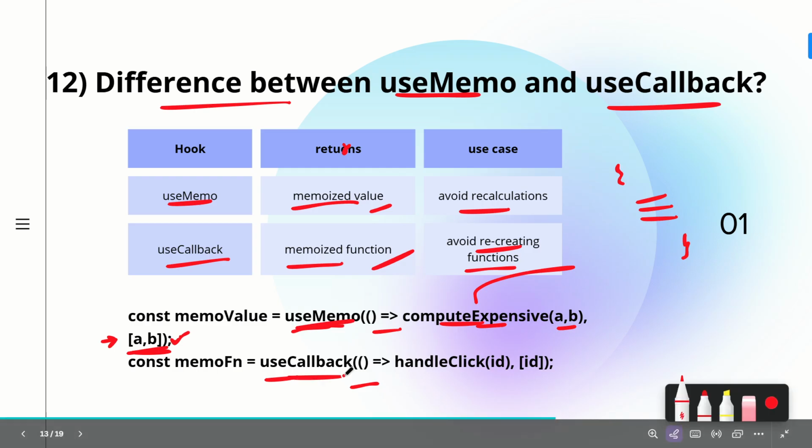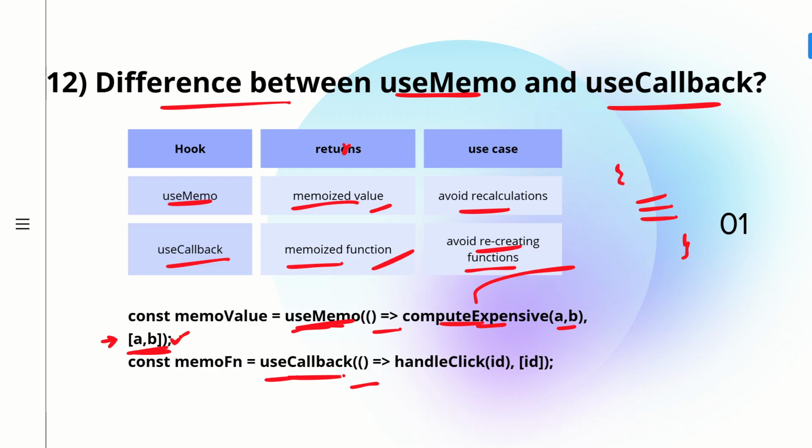Then coming to useCallback, it is used to memoize the function. Why do we need to memoize functions? You have one parent component and one child component. A component re-renders when either the props of that child change or the parent renders, and then our child will also re-render. There are two possibilities: either props change or the parent renders, then my child will re-render. But with the parent, if you're passing one function in props,